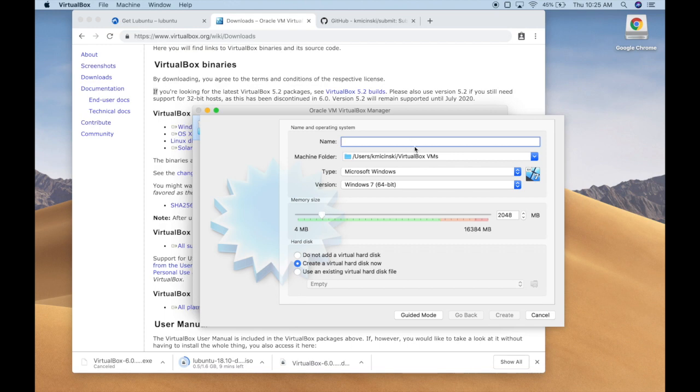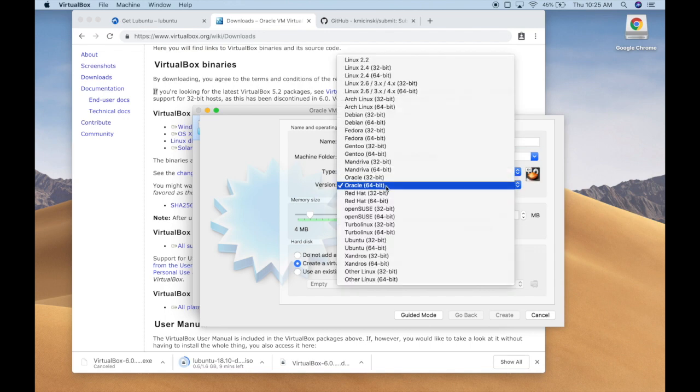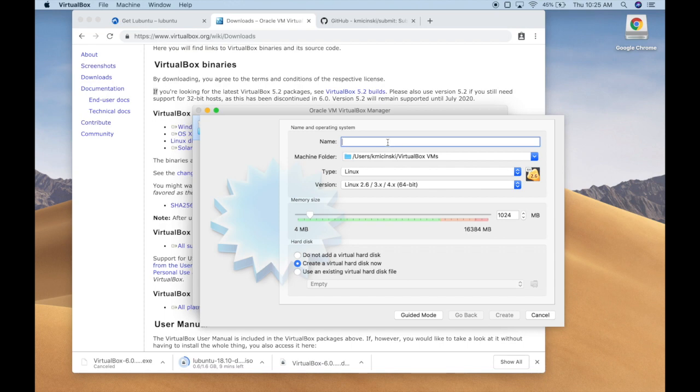I'll re-enter my name, CS245. I'll reset back again to Linux and Linux 2.6, 3.x, but 64-bit. I'm going to give it that same name, CS245, except now I'm going to bump up the memory a little bit. So you want to give this machine, basically this virtual machine will act as if it has this much